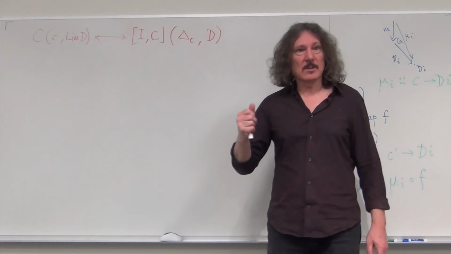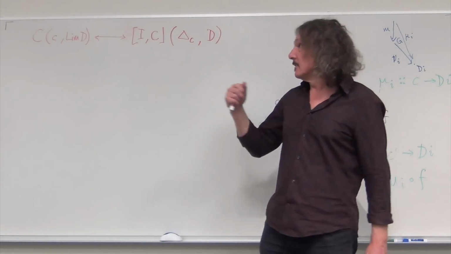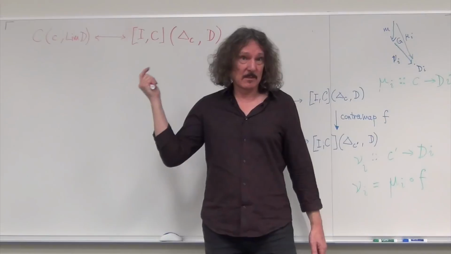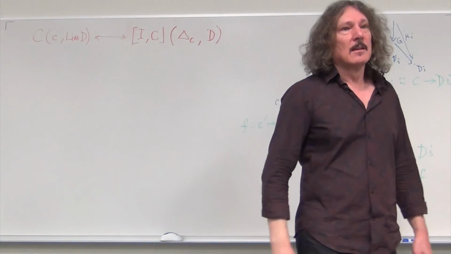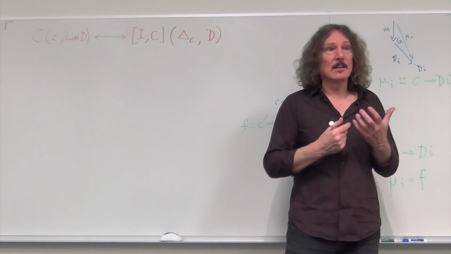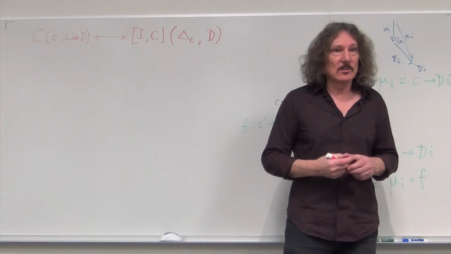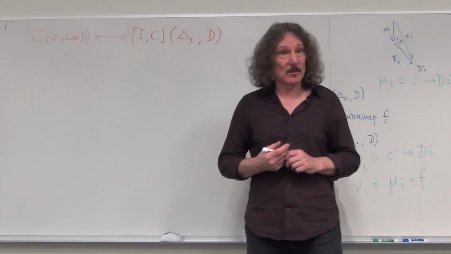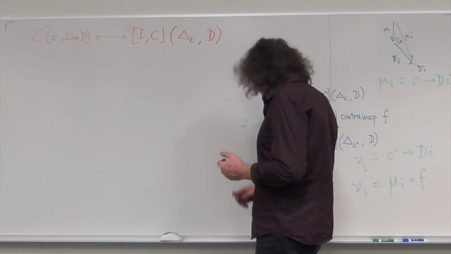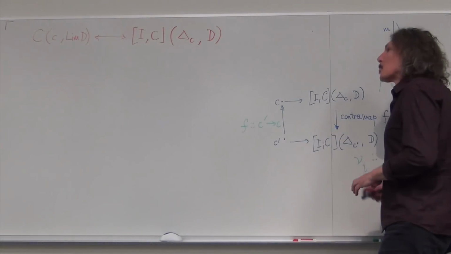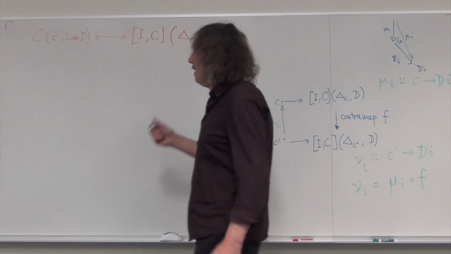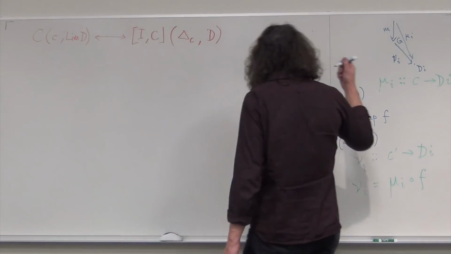So natural transformation, and in this case it's a natural isomorphism because it goes both ways, but it's enough to show one way that it's natural. So the key thing here is to show naturality conditions. So there is a naturality square that we have to show commutes, okay? And how do we build this naturality square? Well, we start with,